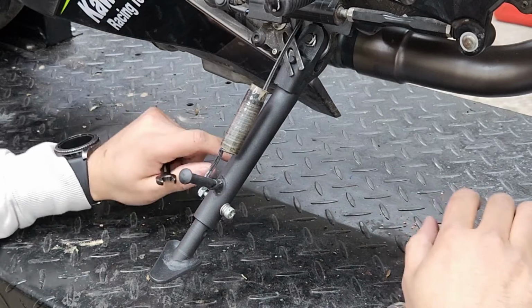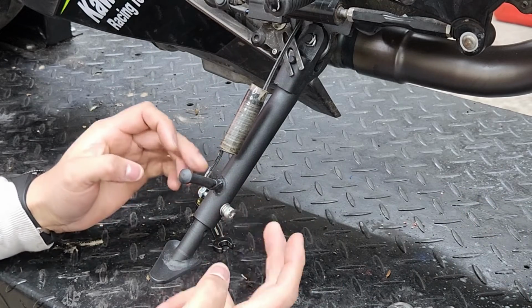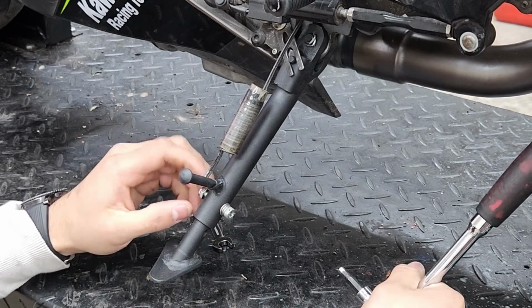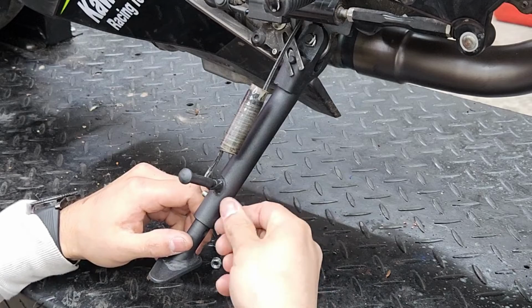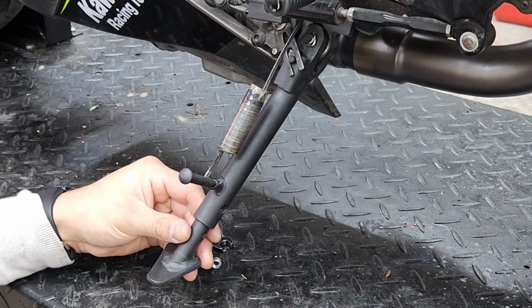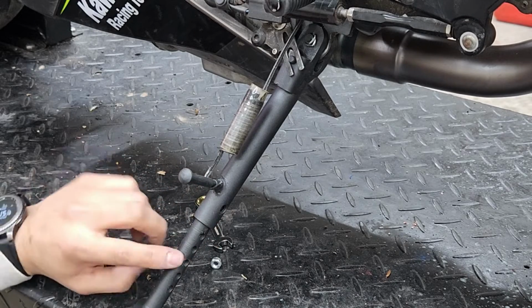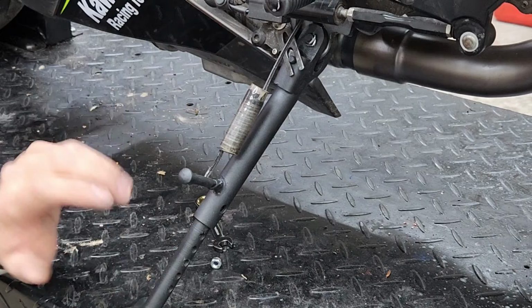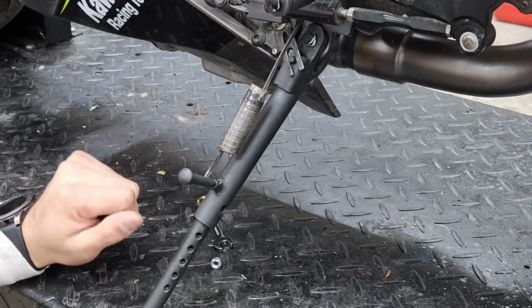All right, so the last thing we have to do is adjust this kickstand. And in order to do that, we just have to loosen this bolt. Go ahead and remove the nut, and then remove the bolt all the way out, like so. And as you can see here, there are different holes on the kickstand. You just choose whatever you're comfortable with as far as when your bike's on the kickstand. But in my case, I'm going to be using the fourth hole because I'm pretty sure that's going to be good enough